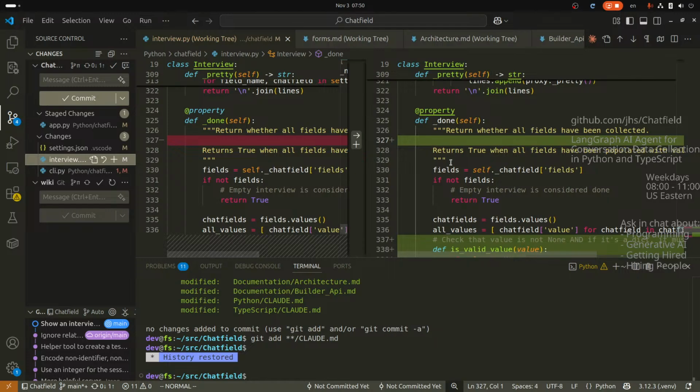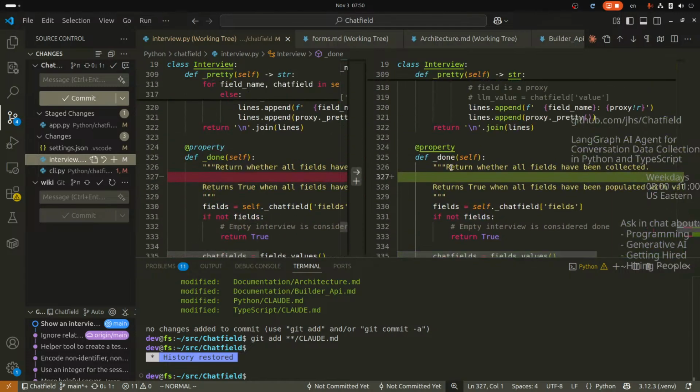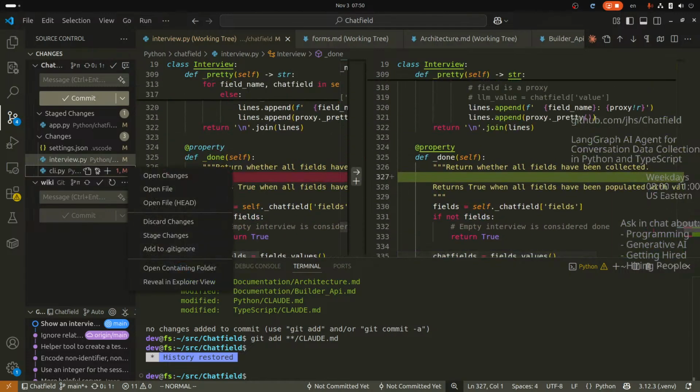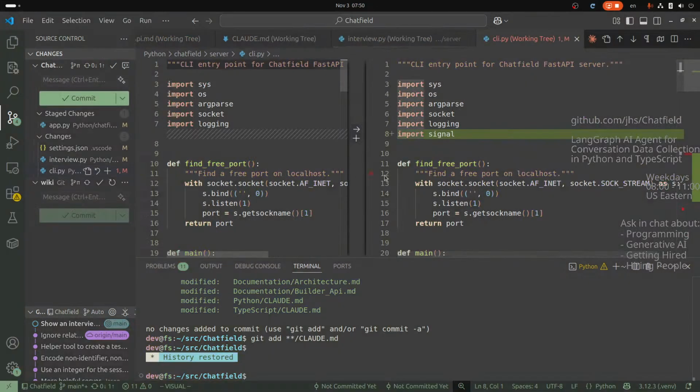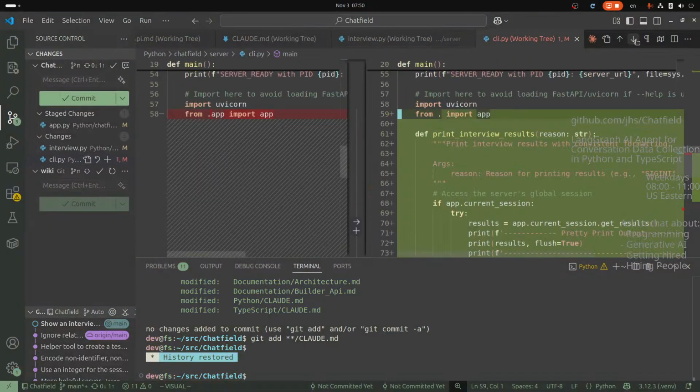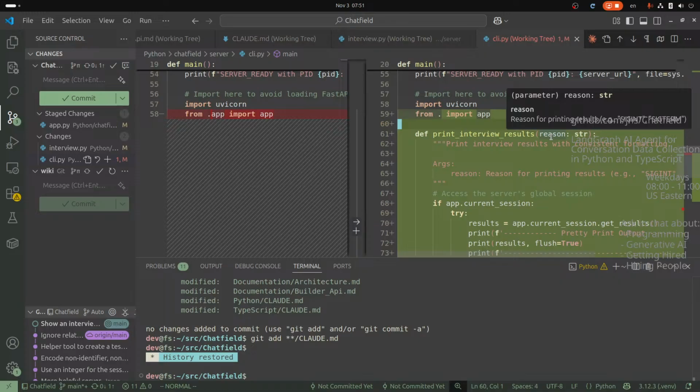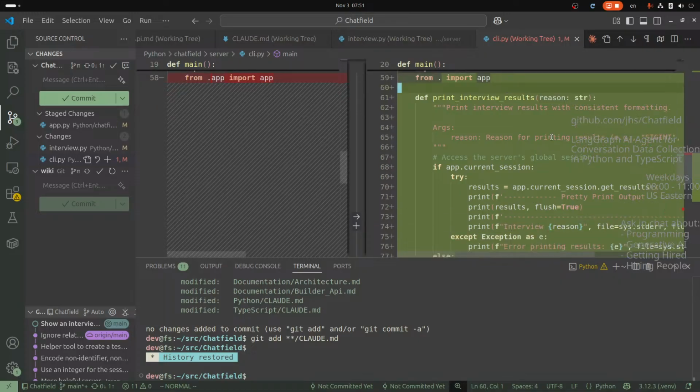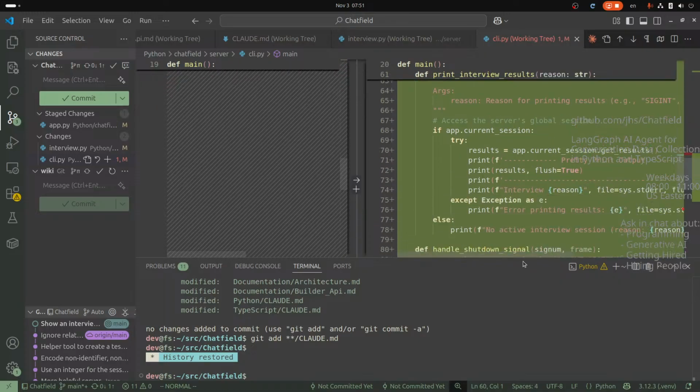Okay. What else? Oh, not bad. Oh, hold on, this is interview. I don't want to read it yet. Okay, right. So signal handler. And then what is this? I see. It imports the whole module. Print interview results with a reason. SIGINT, SIGTERM. Oh, I see. Okay, cool. So it's going to say,